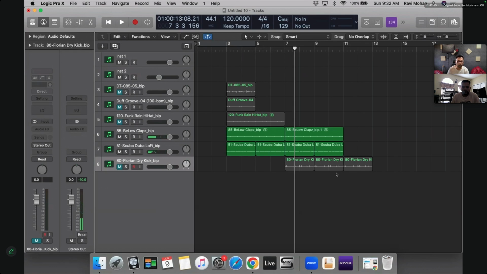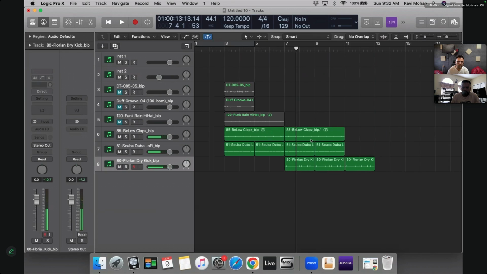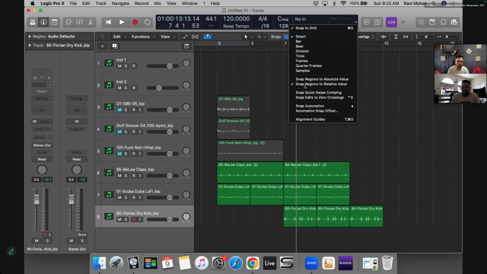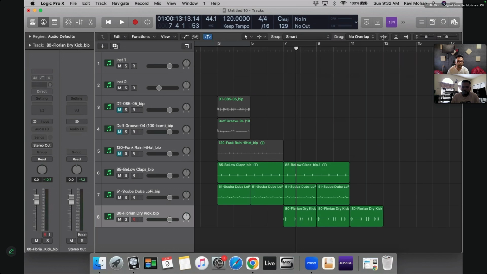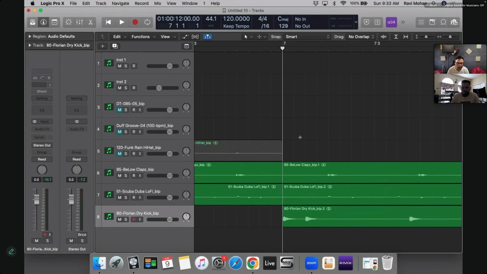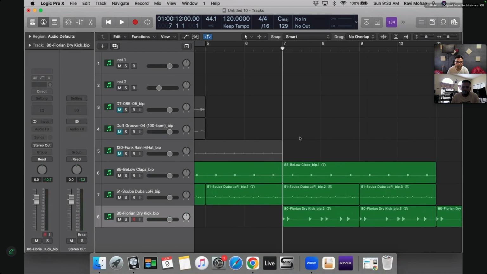Now from here you want to introduce the kicks as well, and obviously now it is audio, you can alter the arrangement of the kick, you can chop it again. And did it bounce in the grid? Remember we were having that problem? Yes, it's bounced in the grid. You had everything on smart, relative. Yeah, no overlap, everything is fine. You can go and have a closer look if you have any confusion. It just bounced perfectly in loop.